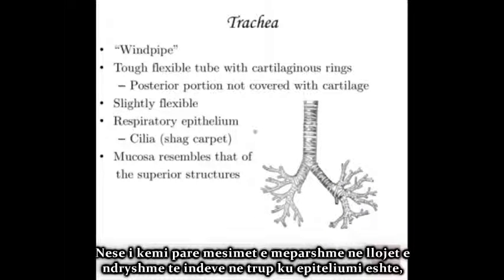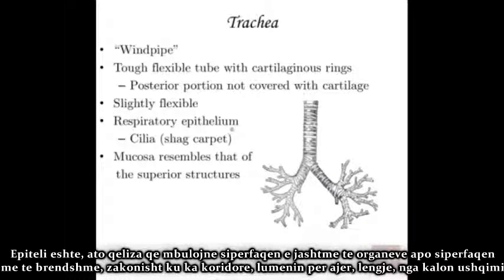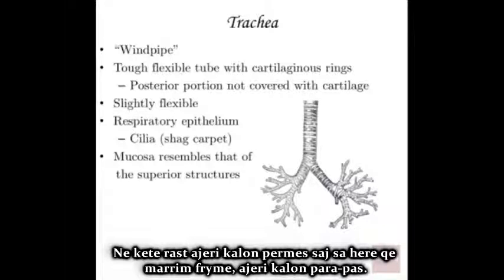So if you watched the previous lessons on the different types of tissues in the body and what epithelium is, epithelium, a reminder, is those cells that cover the outer surface of an organ or the innermost surface, usually where there's a passageway, a lumen for air, liquids, foods to go through. In this case, air is passing through. Every time you breathe in, every time you exhale, air is going back and forth.